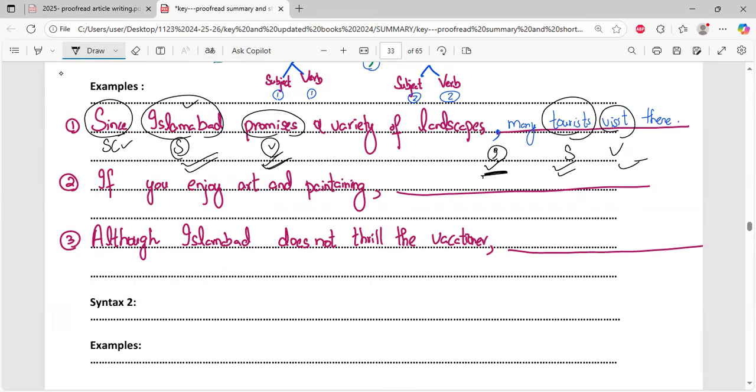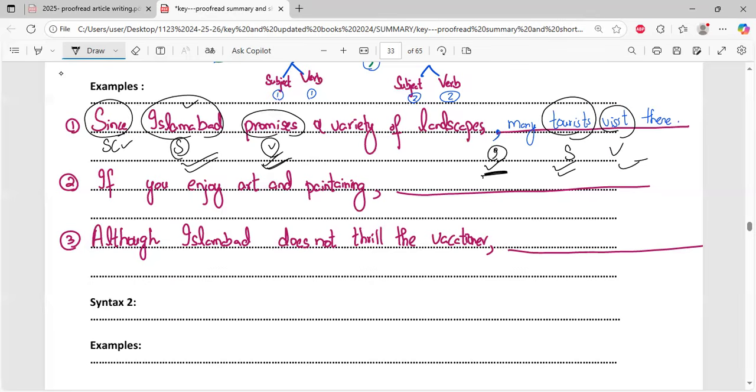One example was written with sense. Let's look at the second example: If you enjoy art and painting. Now this is from the context of the tour of Islamabad. The first one was from the tour of Islamabad. You remember you made a point that if you are a nature enthusiast, if you like art and painting, you can go to the truck painting workshop. It was such a simple construction. You wrote it like, moreover, people also go to the truck painting workshop if they like art and drawing and painting. This is so simple. You can make it complex.